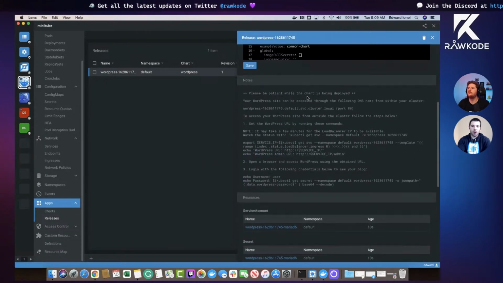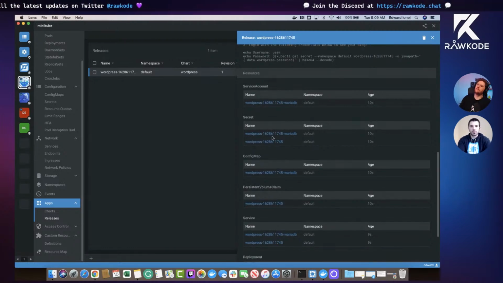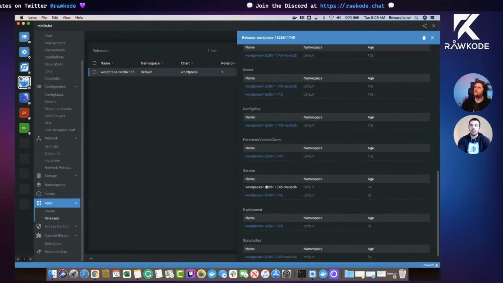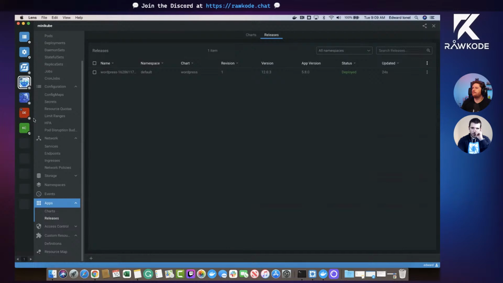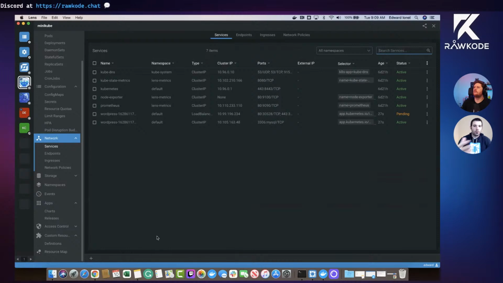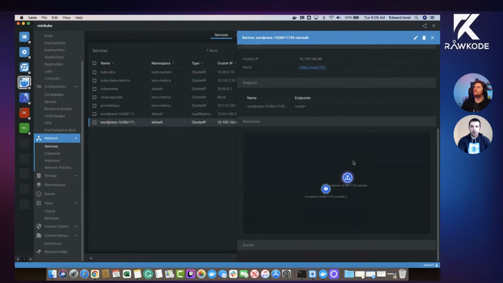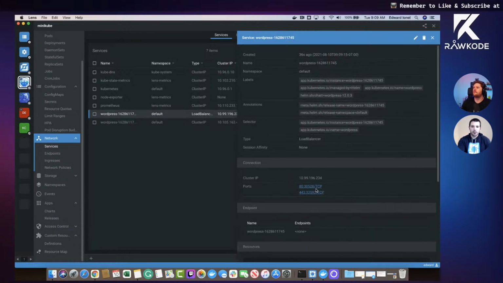And we can see all of the resources that were created for this Helm chart, the service accounts, the secrets, the config map, and so forth, right? So that's very awesome to see. Another thing I want to point out is actually the ability to port forward directly into this application. So this should work fine, I imagine. Just a second. So if I chose to port forward into it,